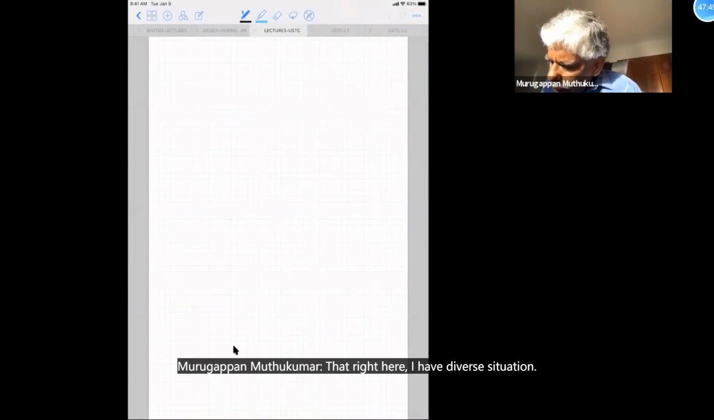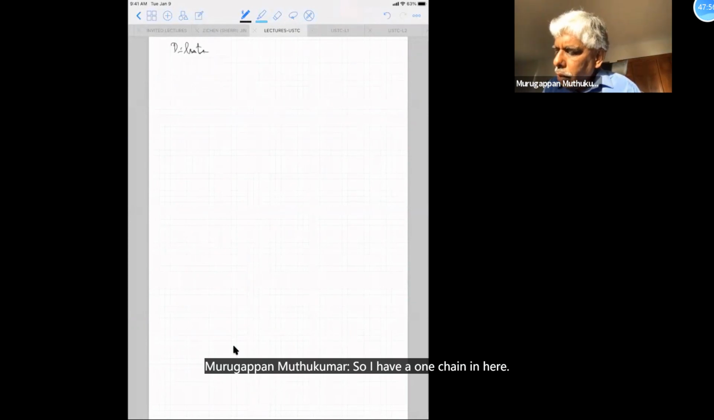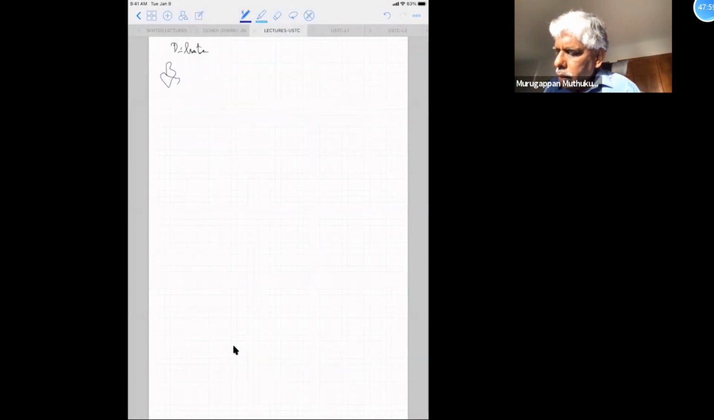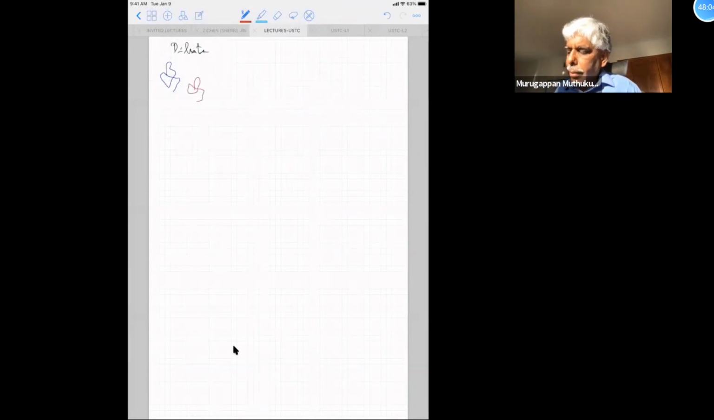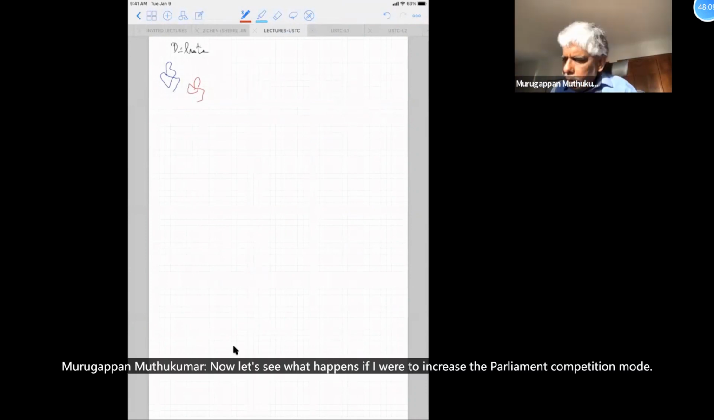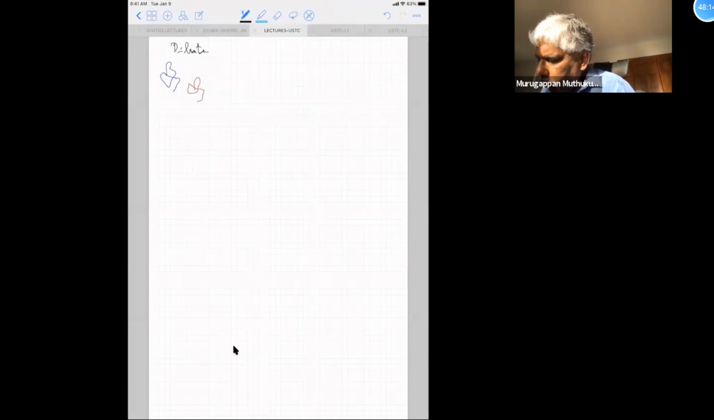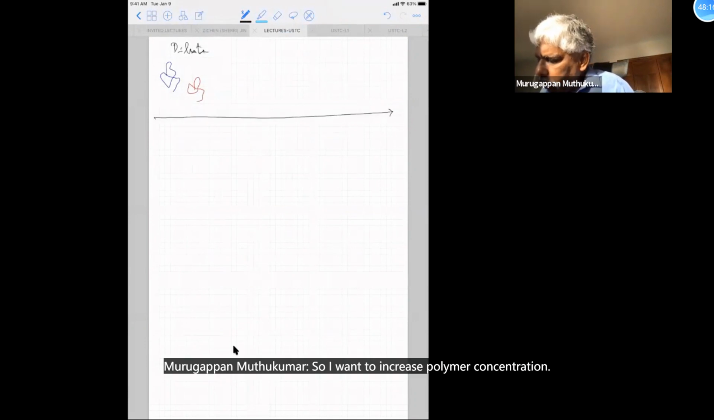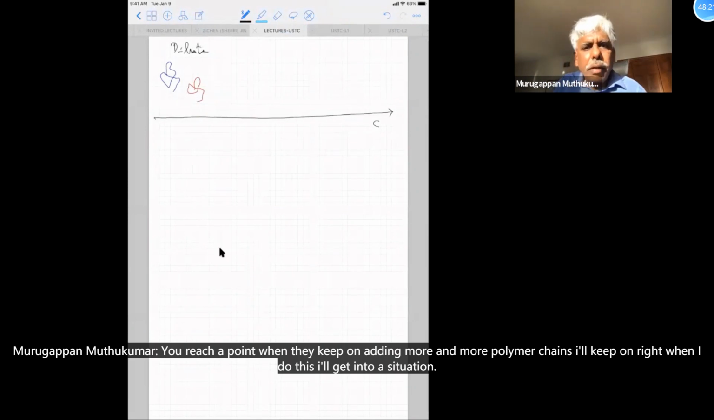right here I have dilute situation, dilute. So I have one chain in here and another chain is somewhere here. Okay, and that's what we have discussed so far. Now let's see what happens if I were to increase a polymer concentration even more. So I want to increase polymer concentration. You will reach a point when I keep on adding more and more polymer chains,